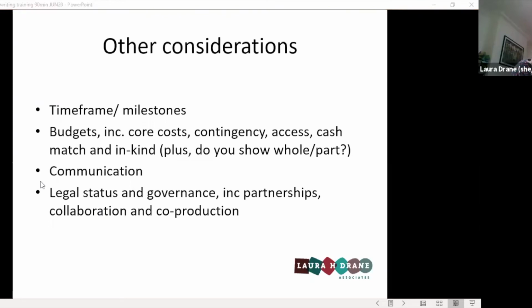So there's the thing that I've mentioned already about timeframe and milestones. Just making sure that you have enough time built in from when you want to start your activity or your campaign or your whatever it is, working backwards. And the easiest way to explain this is if you're only looking for one funder to come in, or one supporter or one donor to come in, then actually their time frame is kind of paramount